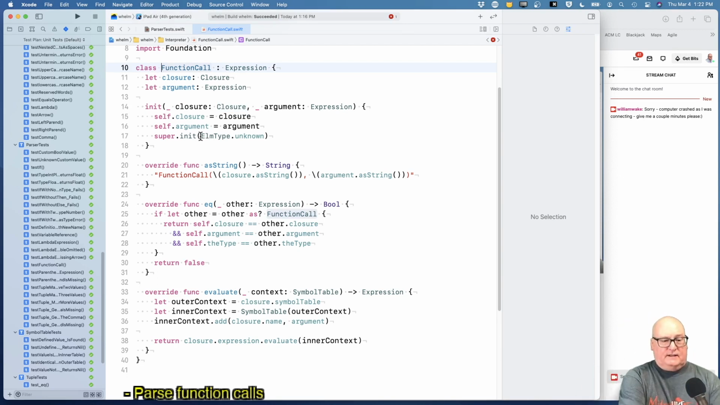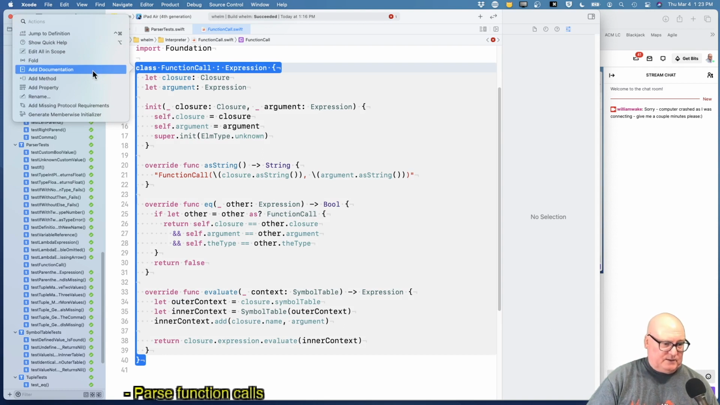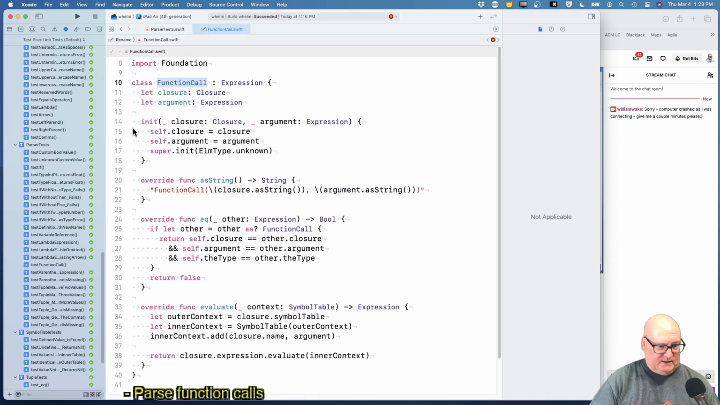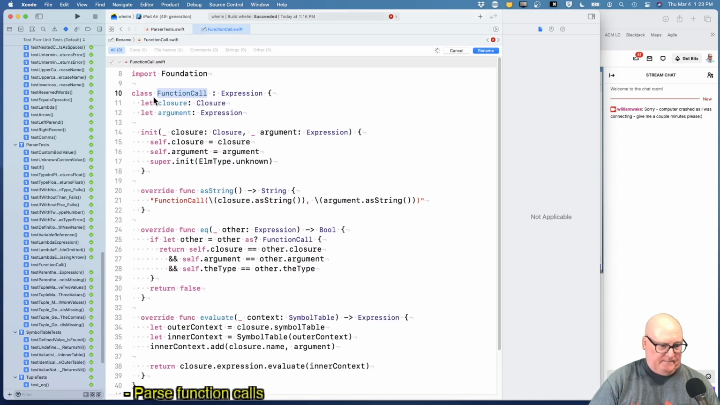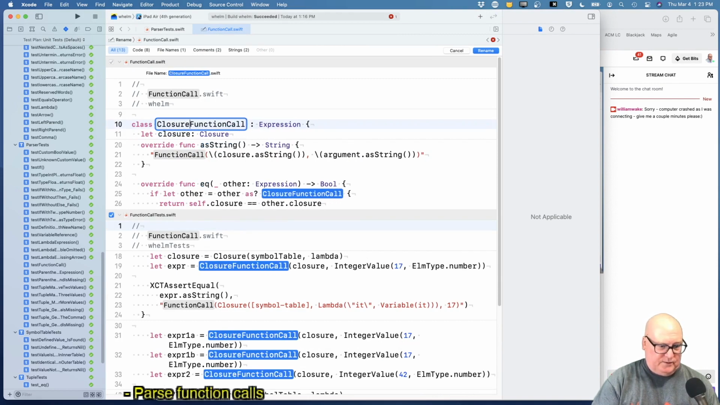Well, this I think is kind of a different thing. Maybe I'm tempted to call it closure function call. Let me rename this. The only place we use the other one is that test we just wrote. So if we rename this to closure function call,